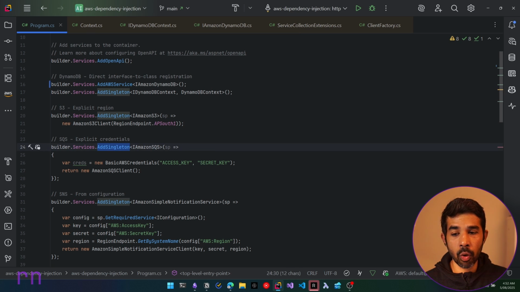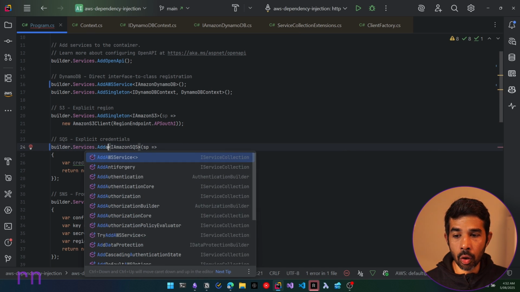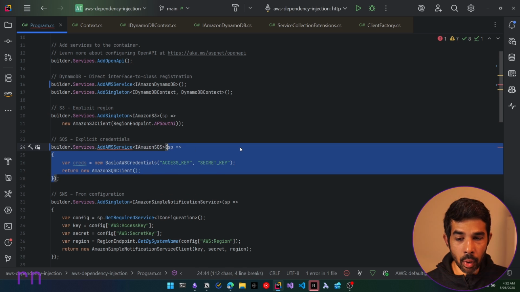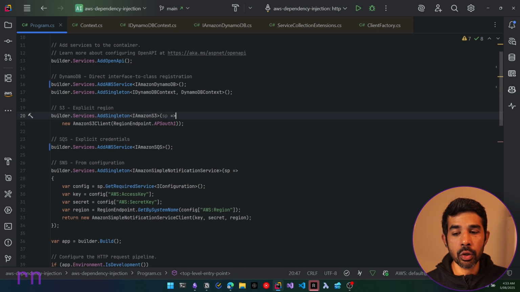Now, in this case, if you want to register SQS, you can similarly call AddAWSService and simply pass in the instance here. Now, you don't have to explicitly pass the credentials here because you know that the environment that's configured will have the required access. So avoid having to hardcode the credentials in case you're talking to the exact same account where all these services